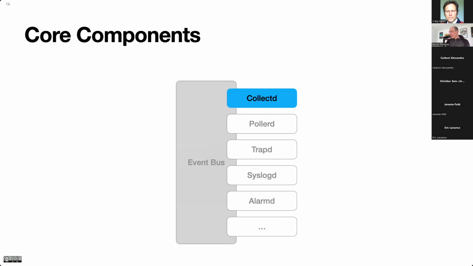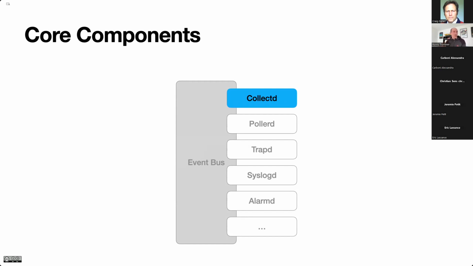So in the core system, what we have seen yesterday, you played a bit with our event bus. Collectd is another daemon which is also connected to our event bus. That means it is able to consume and produce events in the event bus.